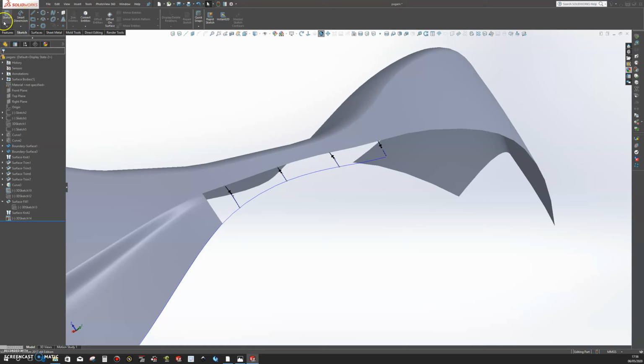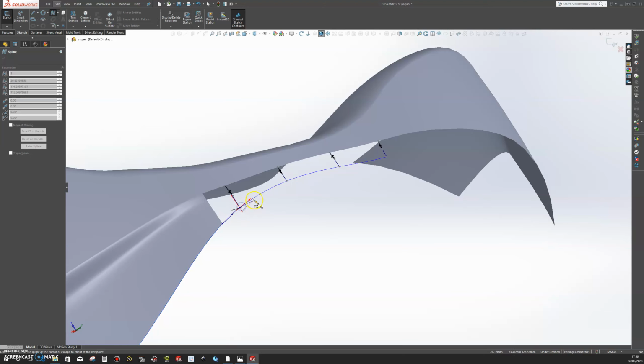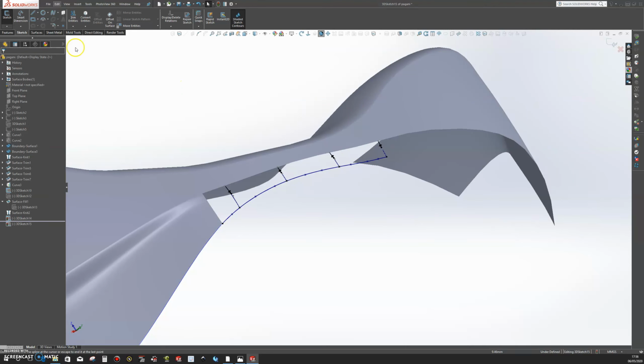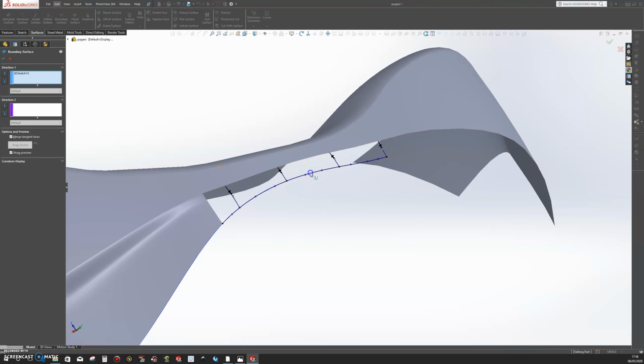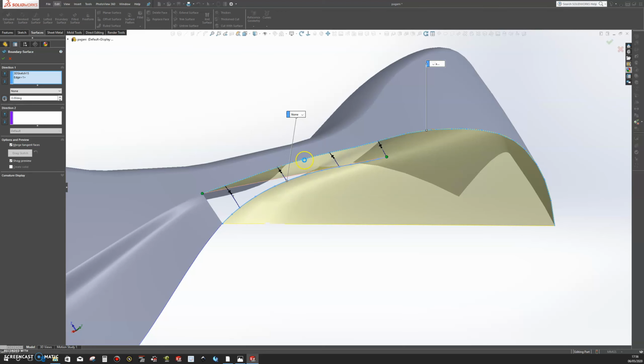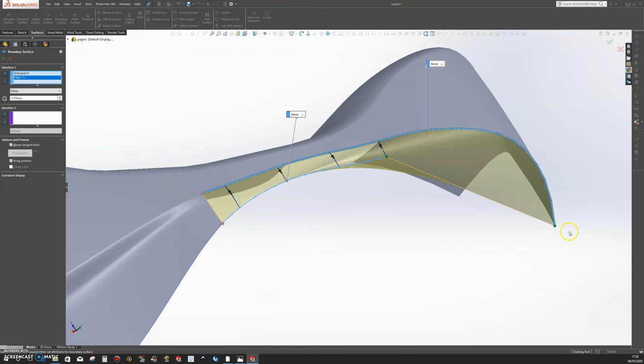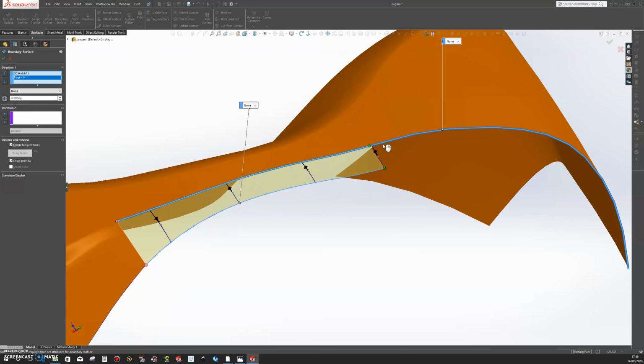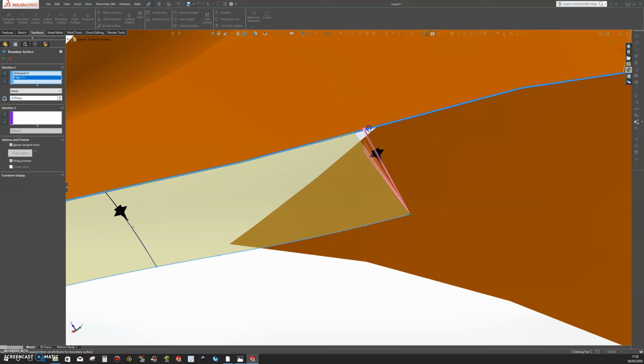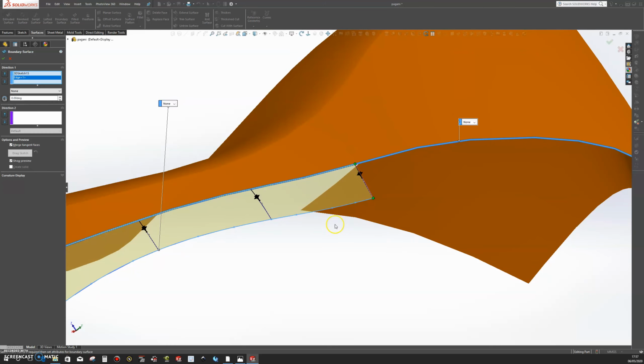However, it's maybe better if we add another 3D curve from this edge. Okay, and then we go over to surface, boundary surface, and let's choose this curve with this edge, and let's flip these connectors, and let's just pull this back to that point, to this point here. Okay, and then